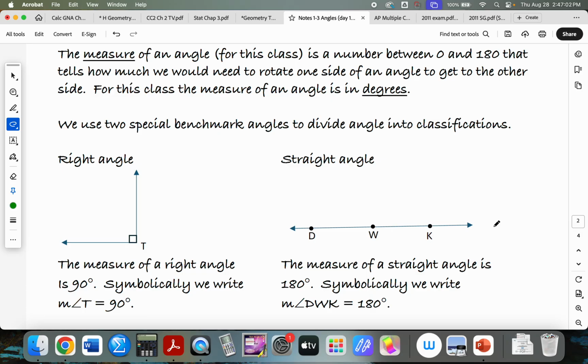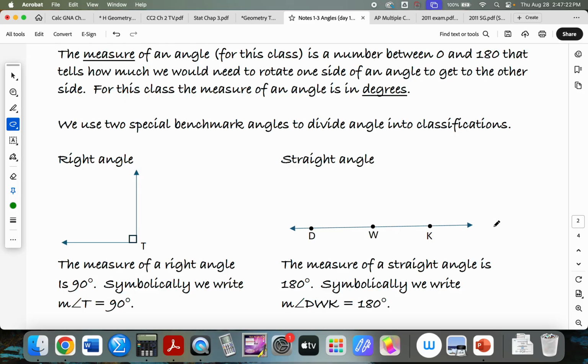But let me ask you a question. Why are there 360 degrees in a circle? Or why is a right angle 90 degrees? Who decided that? I don't know. Math people. It's just made up. At some point,